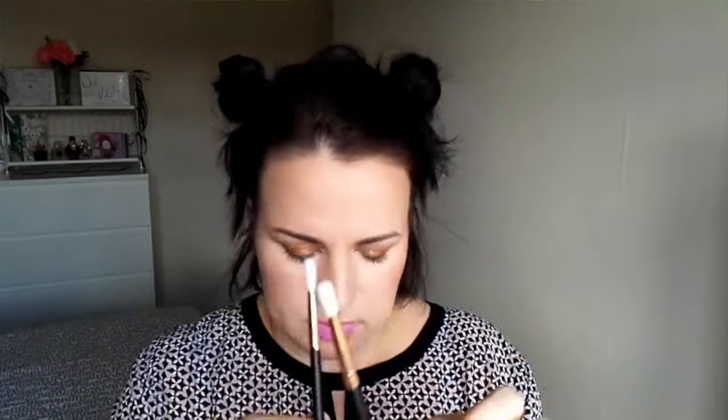So I thought for the price, why not? And I will do links below, and they come individually packaged as well. Rose gold with a black handle. It's a matte handle, and then it is rose gold. So you've got some really nice brushes. They feel really soft. I am wondering how they're gonna go with washing, but I thought I needed some new